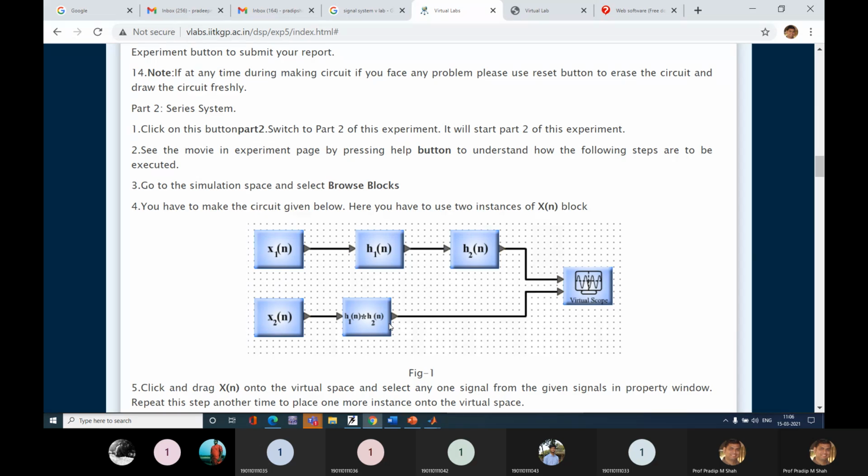Unmute your mic. Number 42. Hello. What is the output?